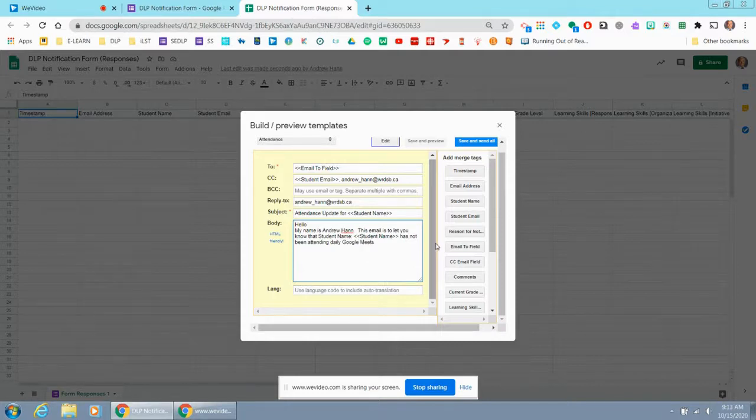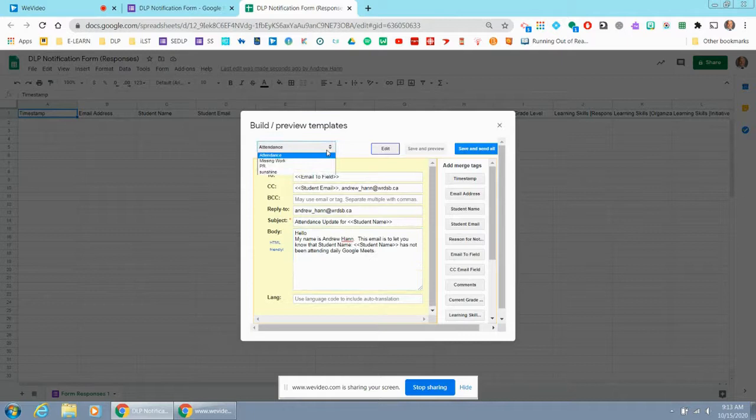This way I'm quickly sending an email out to whoever needs to know. So it could be the parent or the vice principal, and that's my attendance template. And let's go through and look at my other templates. So for instance, for missing work,